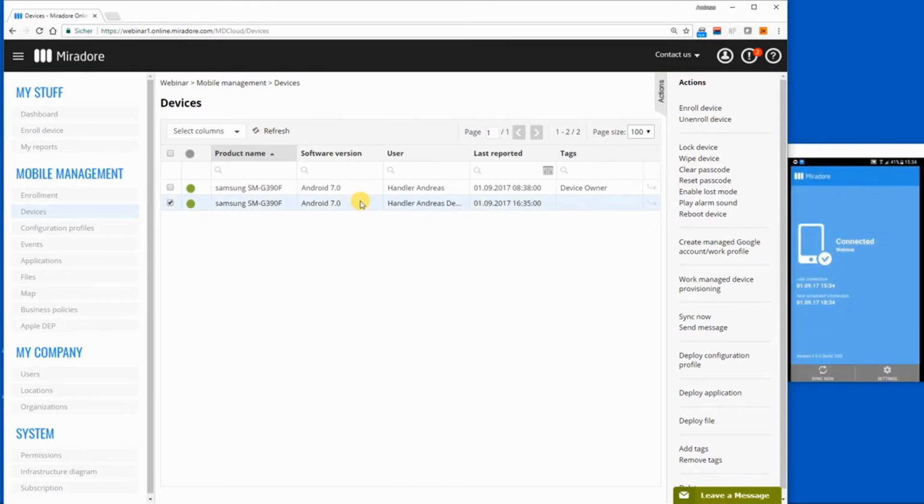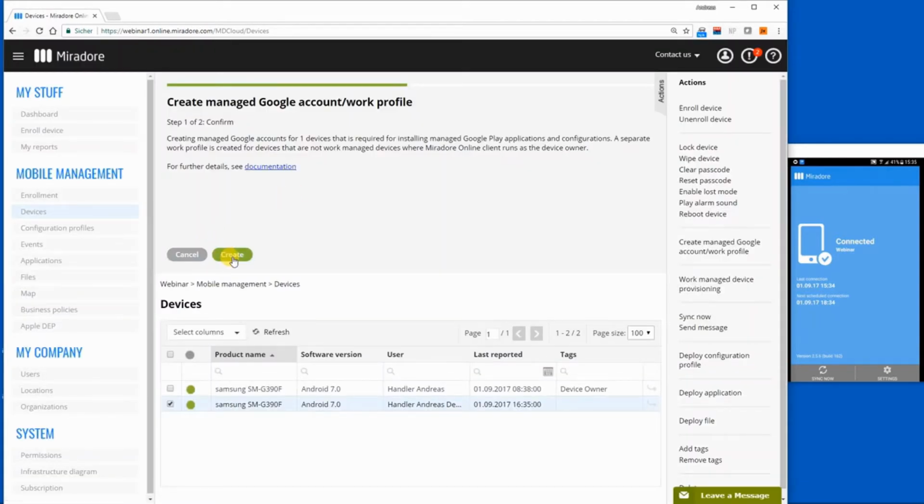There is an additional request. Now I want to create a work profile on this device, because I don't want to have the company have access to my private area of the phone, and I want to have my company data in a separate area on the phone and have it protected from the apps in the private area. I select the phone and click Create Managed Google Account Work Profile. I click here Create,